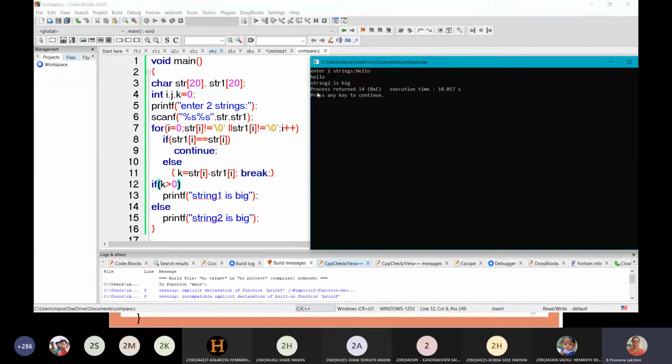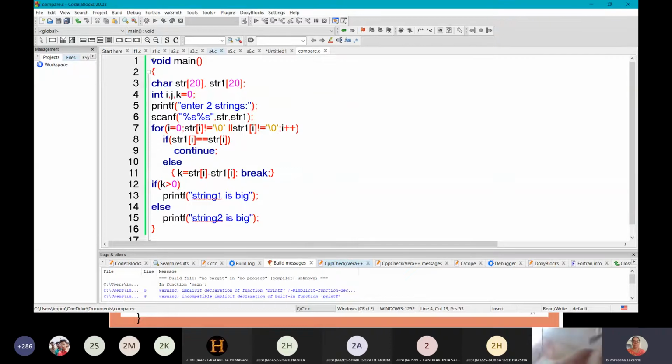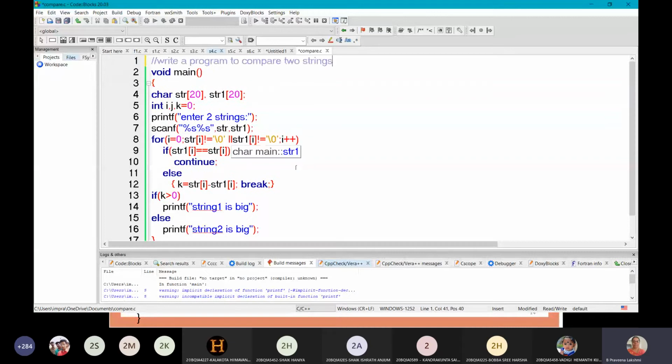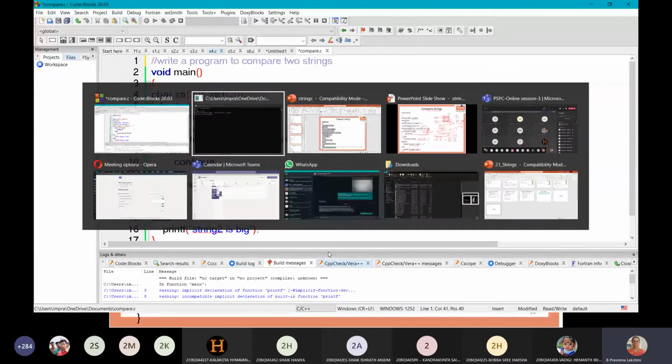Note down this program: write a program to compare two strings. Note down the program and also the output.